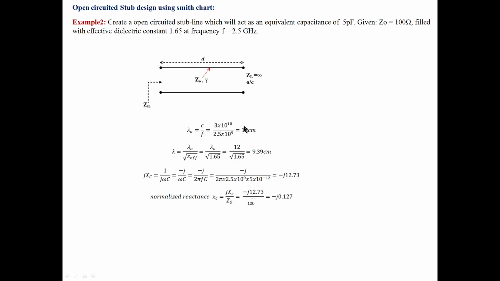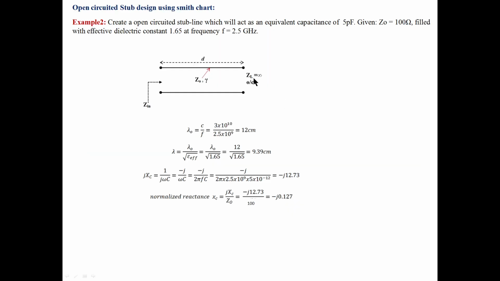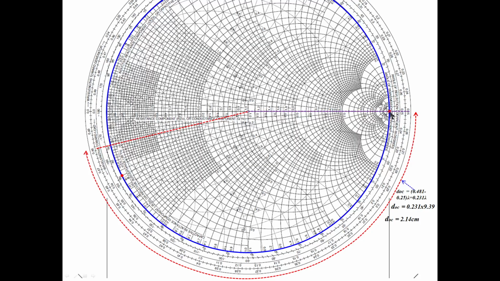What is ZL equal to infinity? Where is that point? R is equal to infinity, X is equal to infinity. That is this point, the load ZL equal to infinity point. This is the marking of the load, and the VSWR circle is the same, because for short circuit we had the load point elsewhere. For open circuit, the impedance is infinity, and that point comes here.